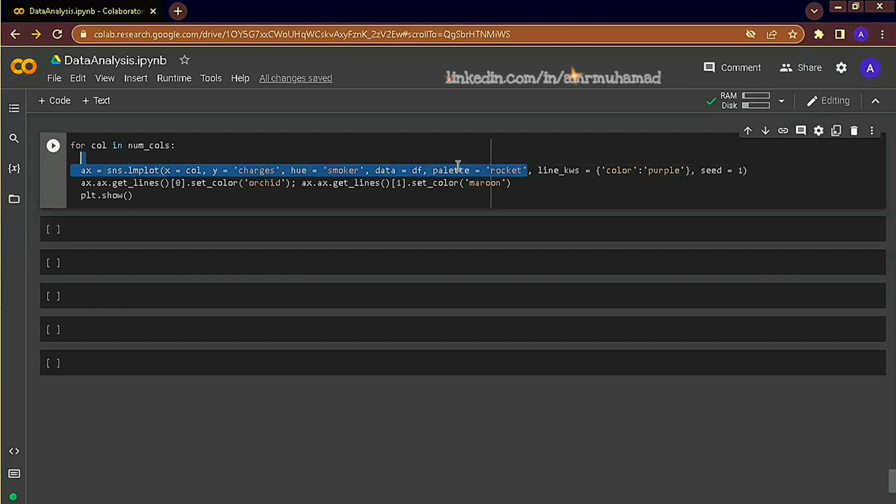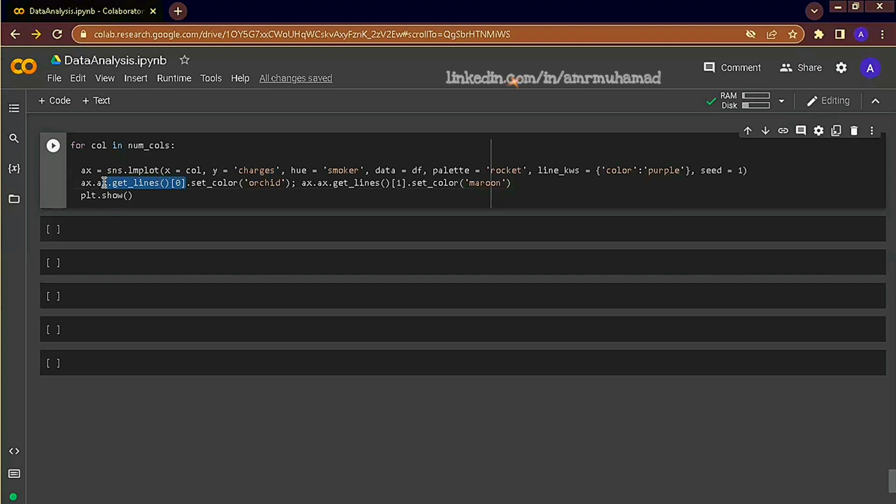We are also going to specify a specific color palette for each group, and here we are also specifying the color of the lines. But you can also note that after specifying colors for the lines, we again specified colors for each line.